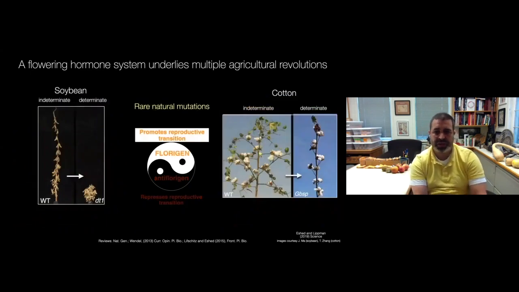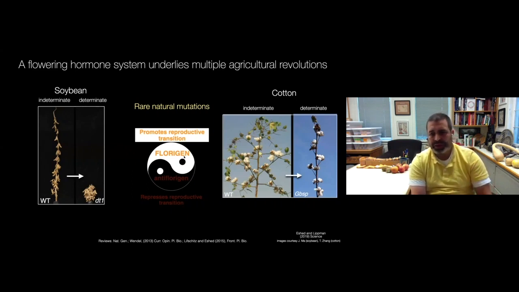And just to give you 2 examples before getting into our work on tomato, there have been major changes in soybean and cotton, where you can see on the left images for both crops, these very large, tall, and in the case of cotton, bushy plants, that when you have a modification of the florigen-antiflorigen system, where you have now a bias towards florigen or flower promoting signals, you end up with a faster flowering transition, which matures the plant faster, which ends up